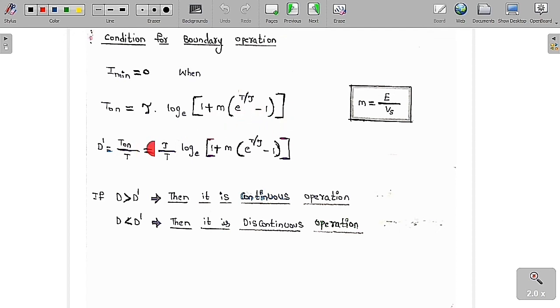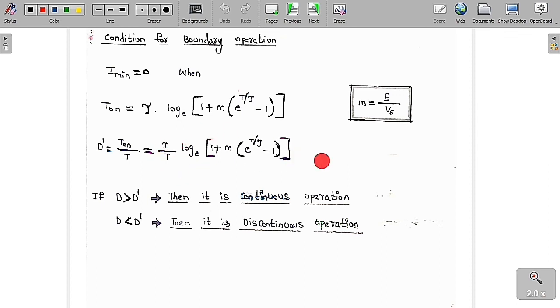Here there is a particular d dash, where m is called E by Vs. So m is the ratio E by Vs. This particular d dash is T1 by T, so divide by T on both sides. So tau by T into log of 1 plus m into e to the power of T by tau minus 1. So for this duty ratio,